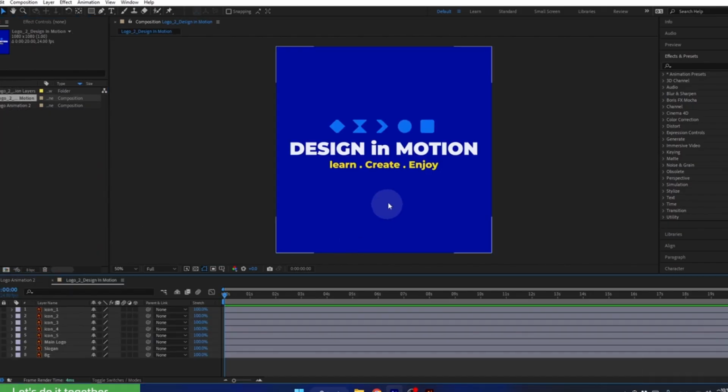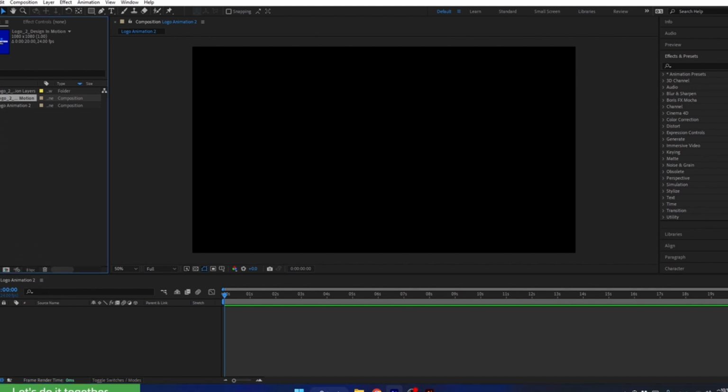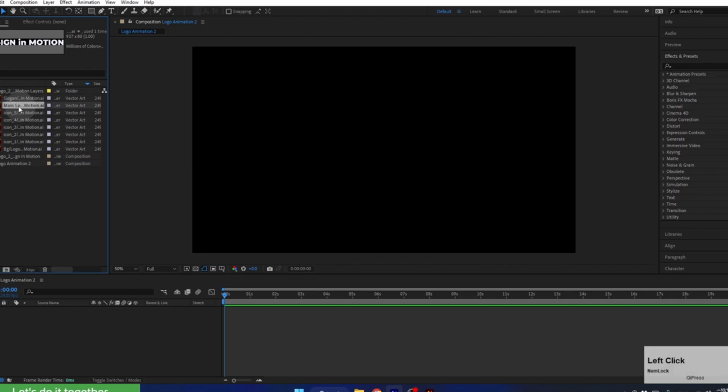When we open it up, we'll see the logo split into layers, just like it's structured in the original Illustrator file. Alright, let's close this pre-comp, and we're good to start the lesson. So first, let's open up the Logos Layers folder in the project panel, and drag the main text of the